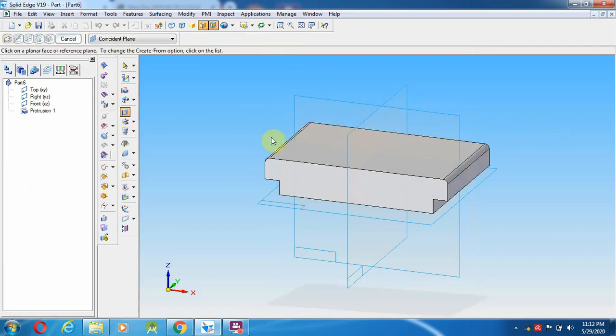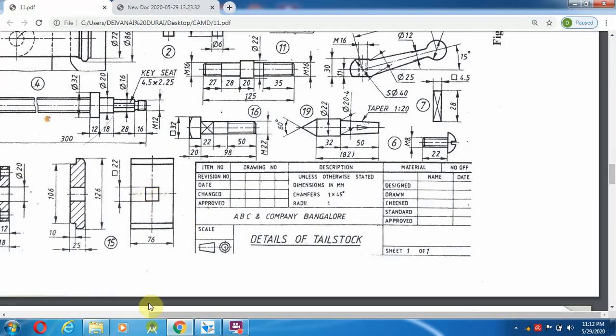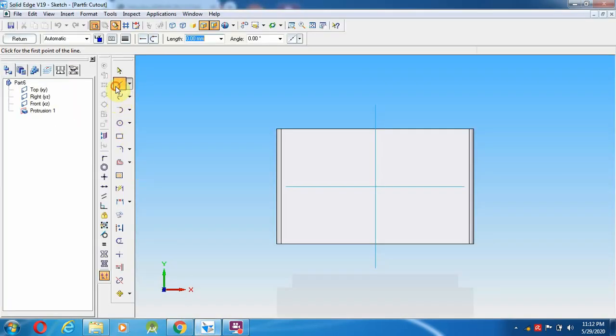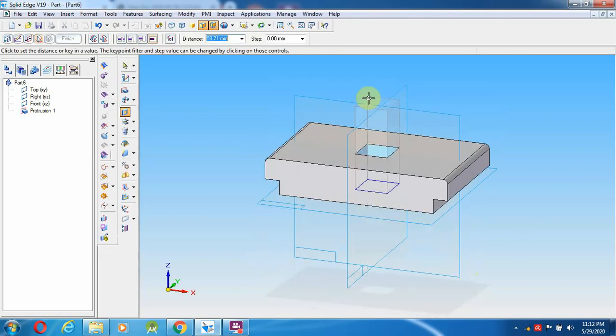Now you can go to the cutout option. Starting from here, the middle, the square 22 mm cutout you have to make. Select a line from here to 11 mm, 11, 22, 22, 22, and go over here, extend to next, and trim. So this I'm going to trim it. You return towards up, left and right click.